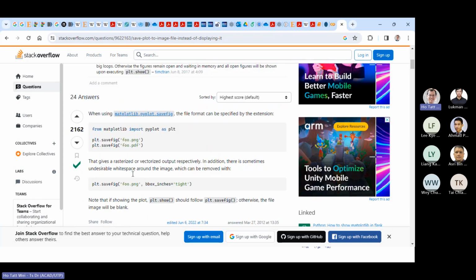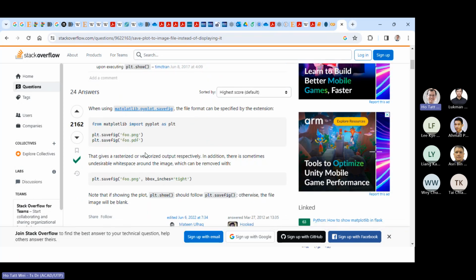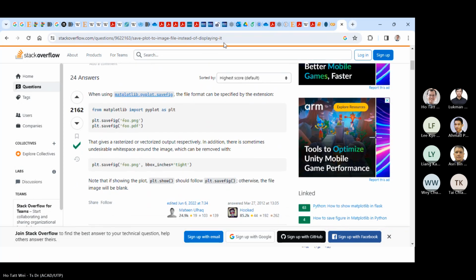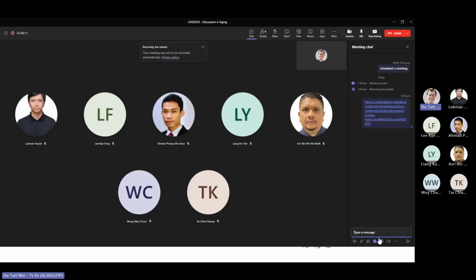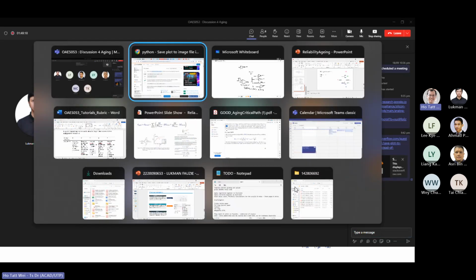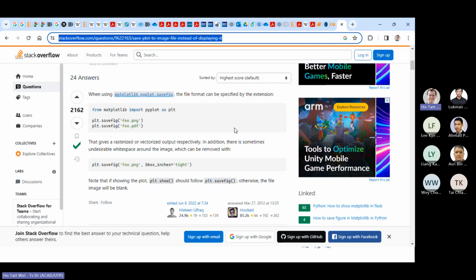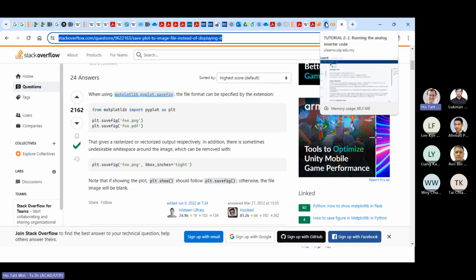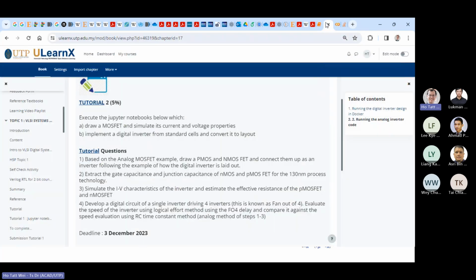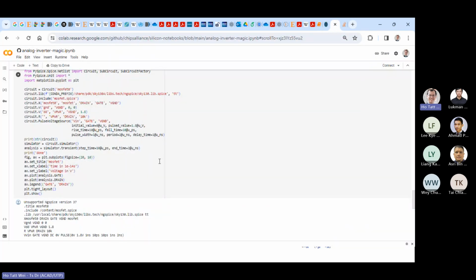You use this one, and then you save it directly to the file, and then you open the file and you look at it. So it's not going to plot on your screen, but it's going to plot to the file, and you can also include that file into your report. That is the fastest way at the moment. Not to wait for me, but if you want to wait for me, then maybe in a week or so, I probably will be able to fix the Docker, hopefully, fingers crossed. So you can visualize all of this on the actual Docker container. I hope that's okay, Asri.